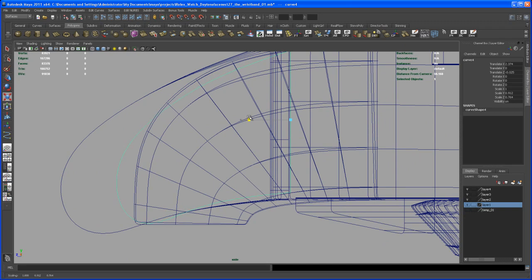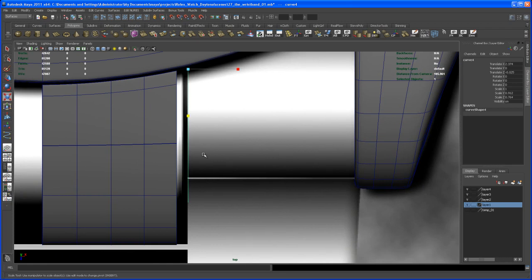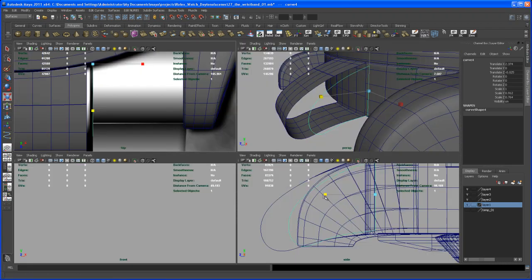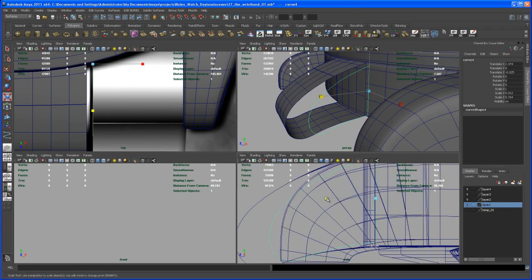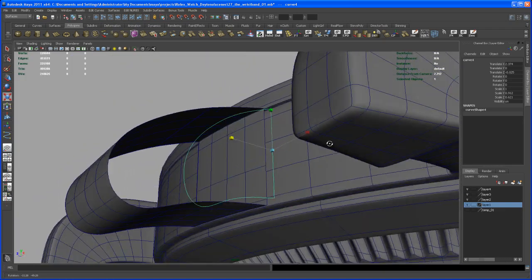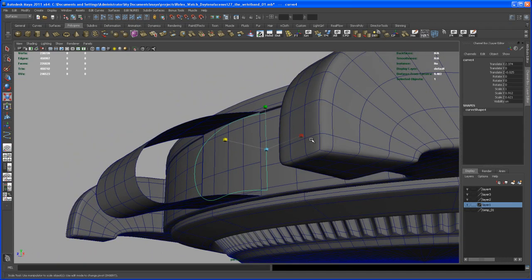So it is okay. If you take a look here on the top view, the end part of that curve has to be somewhere about here. So let's go to the quad view, and I scale that in Z from the side, but I'm looking at the top view to that background image. Somewhere about here. Okay. So with that, it's looking alright, but